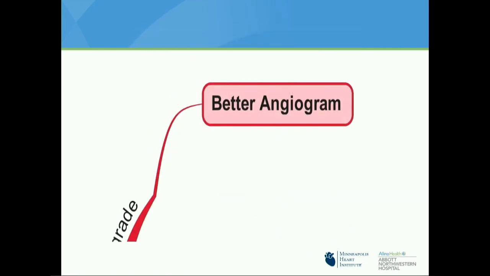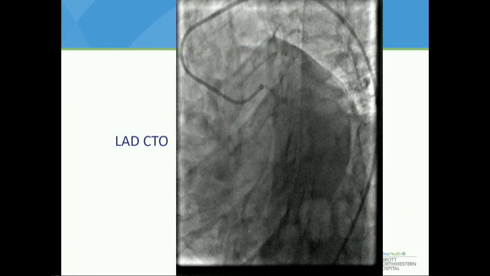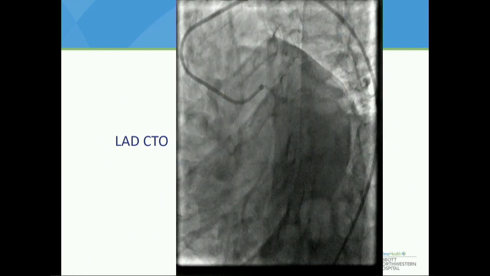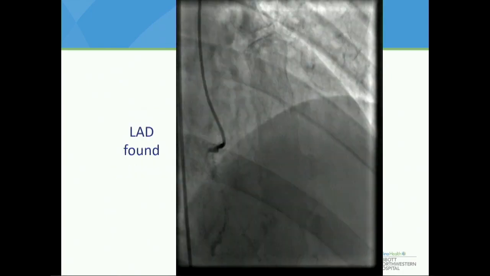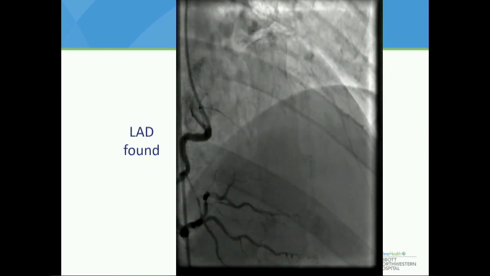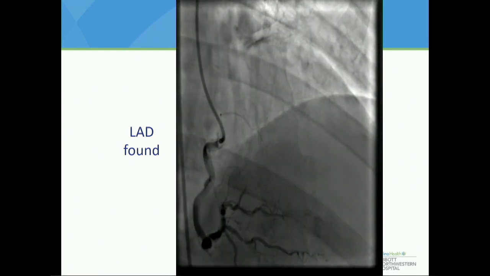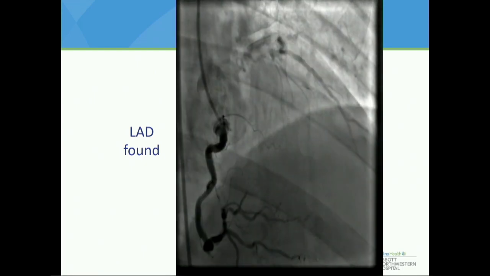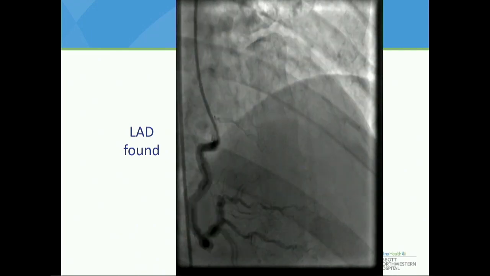But perhaps one of the most important things that we don't think about is to do a better angiogram. And this is a nice example of this. This is an LAD CTO, and the right coronary artery here. That was a pullback that showed, and it hadn't shown this on the previous diagnostic study, that there was actually a very good collateral coming back from